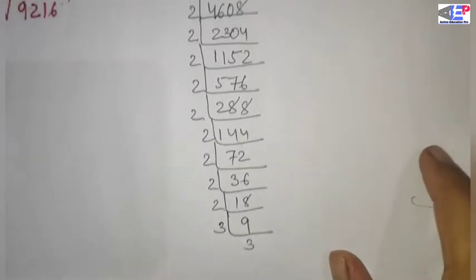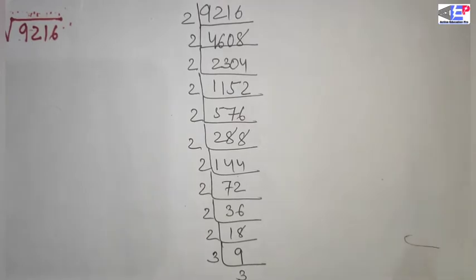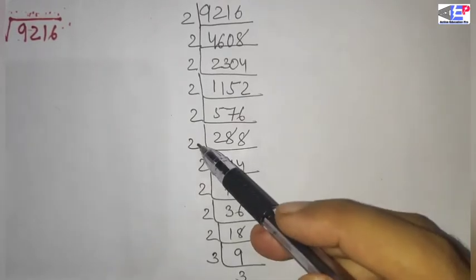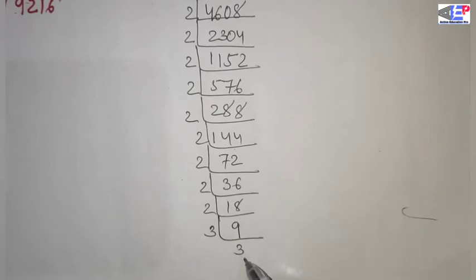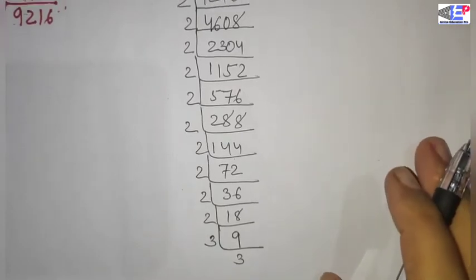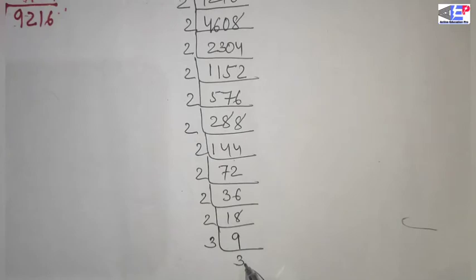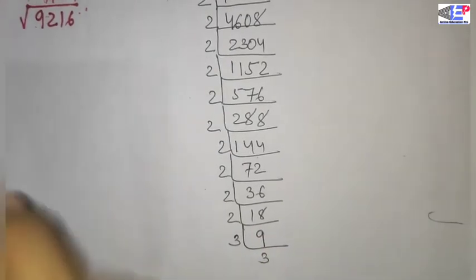Now finally 9216 is divided with the help of prime numbers 2 and 3. The last remaining 3 is a prime number, so we cannot divide further by any prime number. If you divide by 3, the result will be 1. So it is not necessary to divide further because the last one is a prime number. So now write: